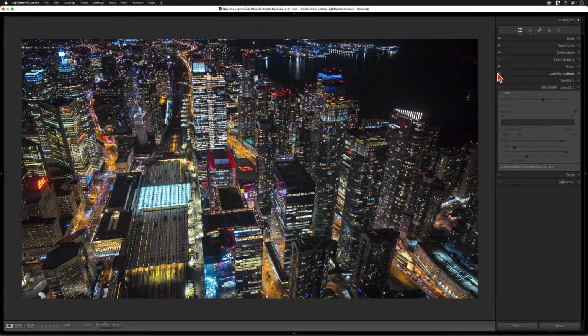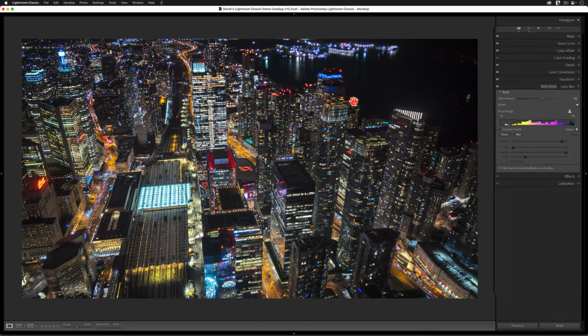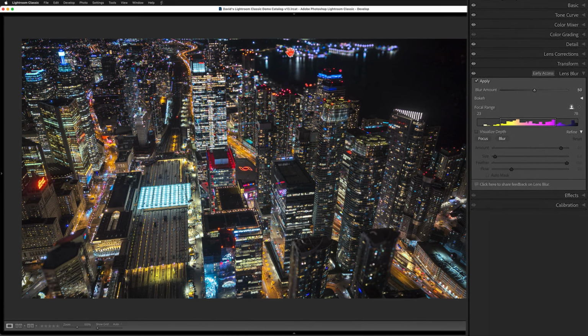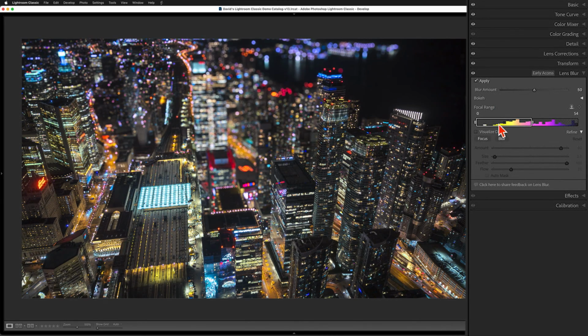When I activate the lens blur tool this time, the AI does an adequate job creating a depth map, but the computer really has no idea which part of this image I want to keep in focus. It chose to blur the far distant stuff, but maybe I want to blur the stuff that's up close. If I want to keep this area, the midground, for example, sharp, then I could move the focal range control around, but there's an alternative.